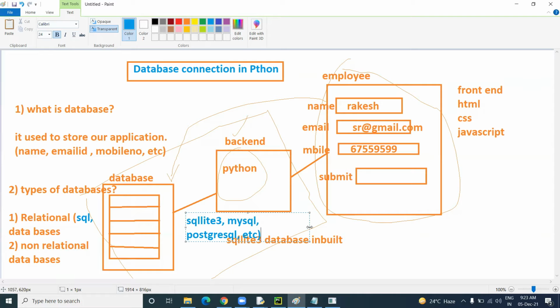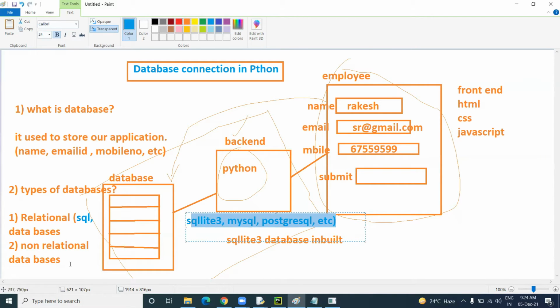That means there is a relation between the database columns and rows, and it will be stored in table format only. Whenever you want to fetch a particular row or column of data, you can fetch it directly. So our data is structurally stored.